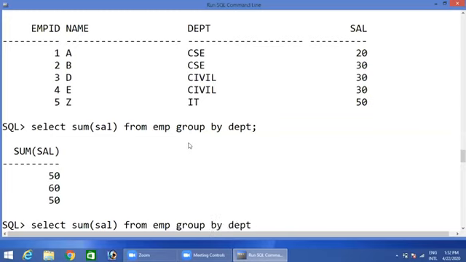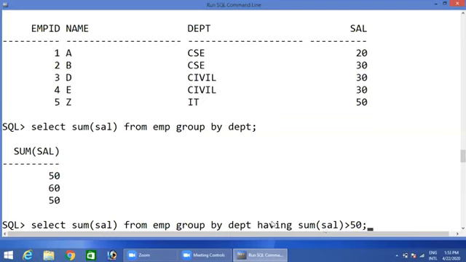Now apply having, spelling wrong, having sum salary is greater than 50. So now this is the having clause condition. Sum of salary is greater than 50.